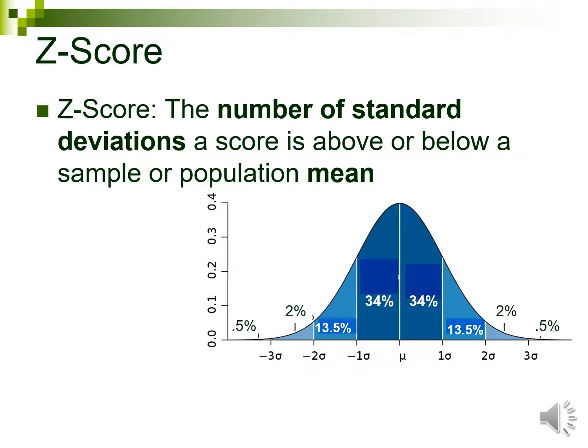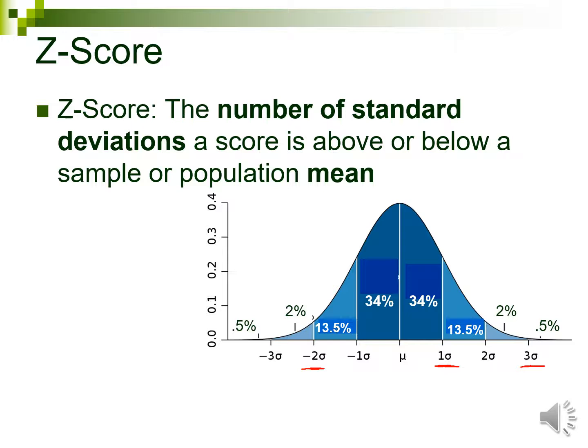For instance, we looked at this graph last week when we were looking at the percent of scores that fall between the mean and various standard deviations in a normal distribution. And we saw, for example, that we could have scores that were 1 standard deviation above the mean, or 2 standard deviations below the mean, or a score that is 3 standard deviations above the mean. And we're pretty comfortable with that, right? We basically understood what that meant for the score to be above or below the mean by a given number of standard